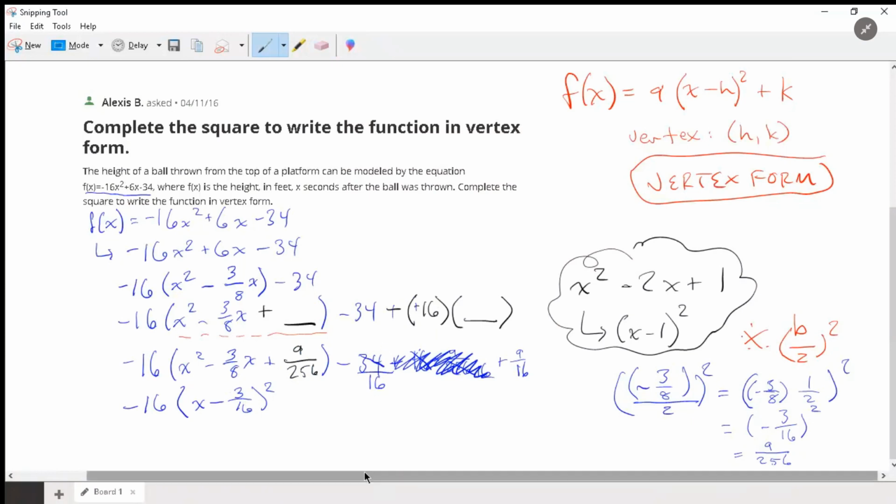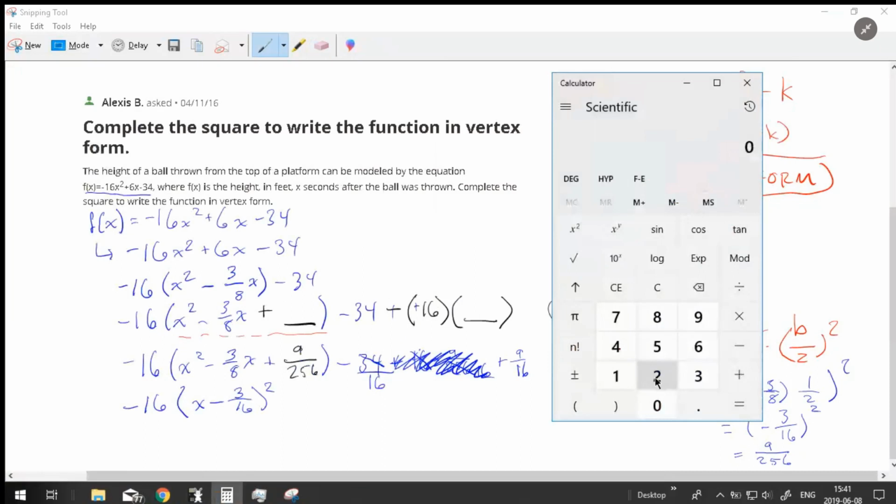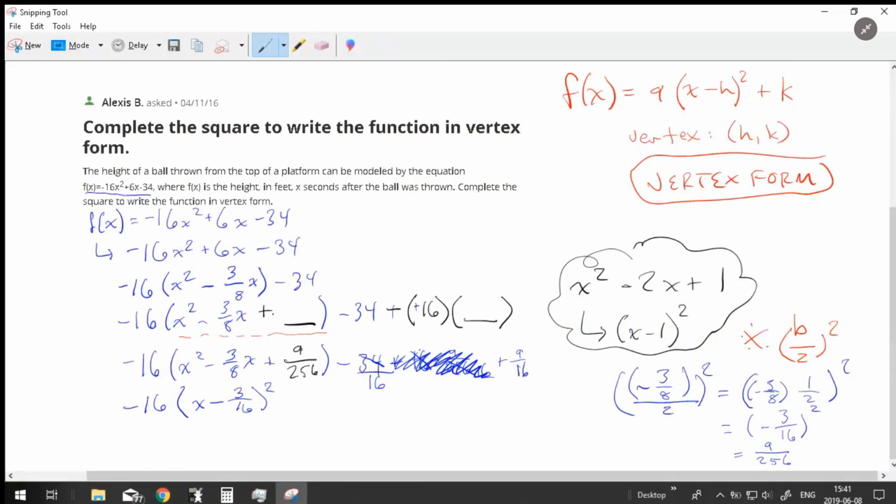16 times 34. I'm going to cheat a little bit and use a calculator. 34 times 16 gives us 544. Fantastic. So I get 544 minus 544 over 16. And then I'm just going to go on and combine them because they have like denominators now, plus 9. Awesome. So we can rewrite this whole thing as, and this will actually be our final form,